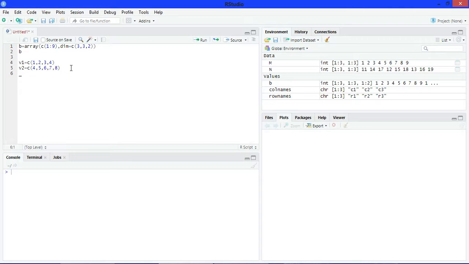Now make an array and pass here V1 and V2. Now write dim.